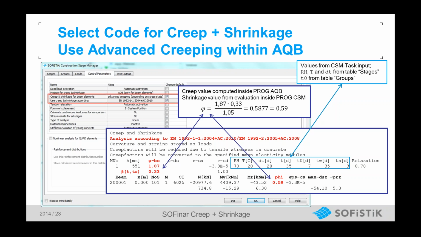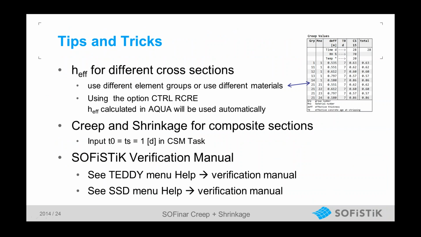Nevertheless, what you see here again, the shrinkage value will be used by the previous a priori definition inside CSM and simply will be used here. If you go for AQB standalone without CSM, you can use these input values, relative humidity and so on to evaluate the epsilon value as well. And this is